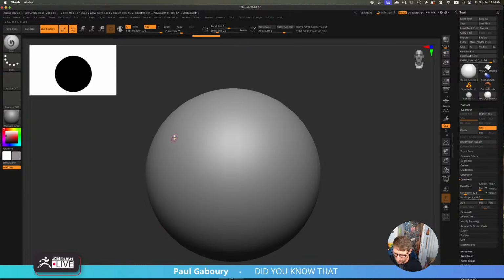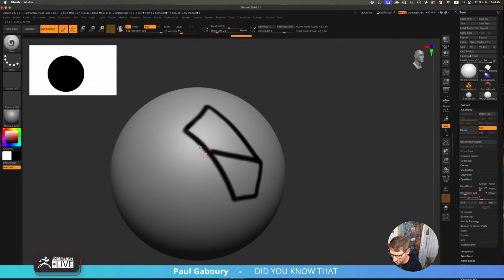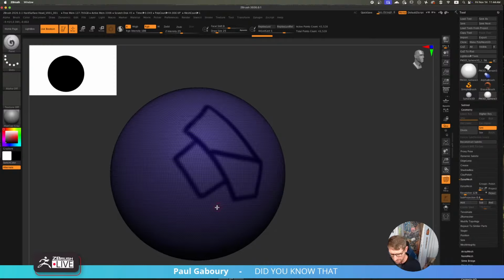Right, I'm going to flip it, and then now I start to paint, right? So we want pure black is what we want now. So I can start making shapes, right? And then whatever shape I make, as long as we have the black border put in like this, right? So if I make another shape like this, this is then a built-in shape. So this has got no polygroups, right?